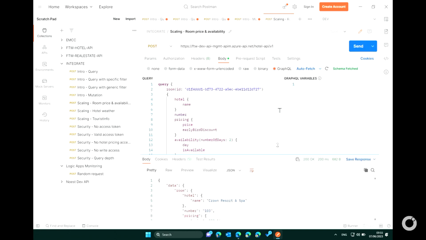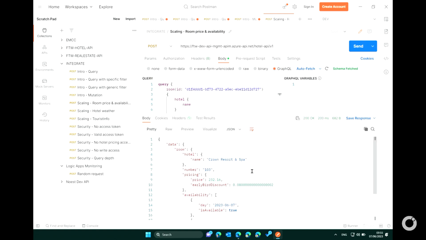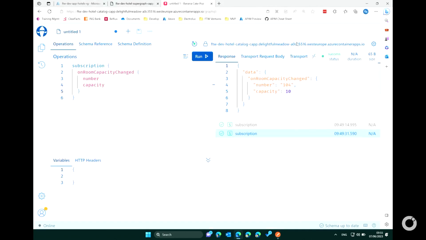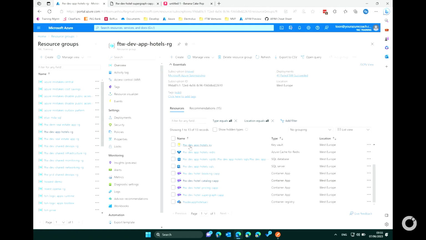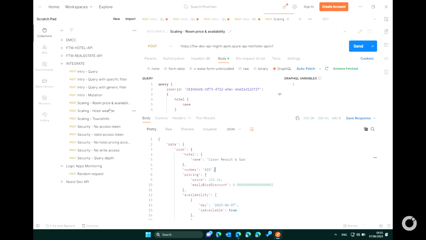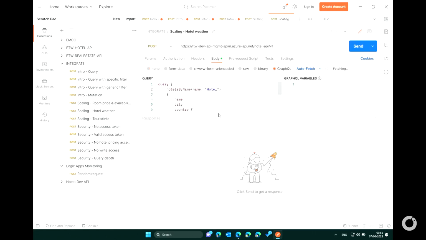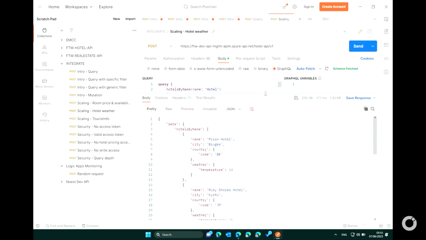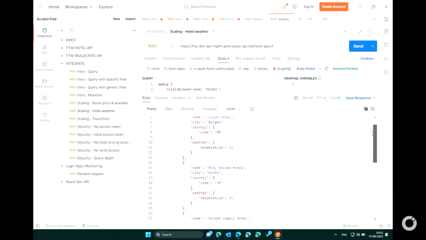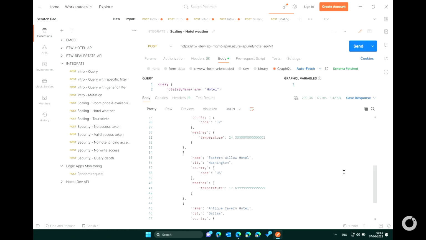And you see you get the information quite fast, 200 milliseconds. And actually you don't see that multiple APIs were called in the back. But in the back, we have multiple APIs deployed, all on container apps. Same for the hotel weather information that goes from the Open Meteo API. From a hotel, I ask the weather and give me please the temperature. See, it fetches that temperature. In Belgium, it should be 40 degrees Celsius right now, and in Washington, a little bit hotter right now.